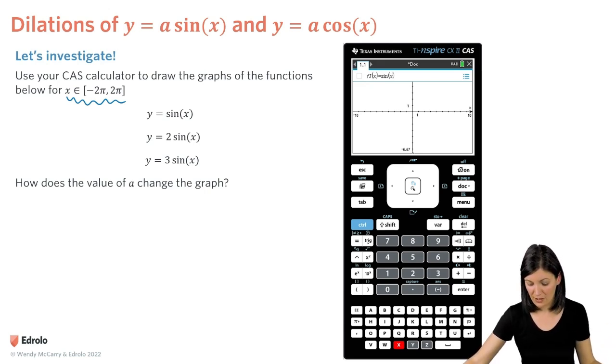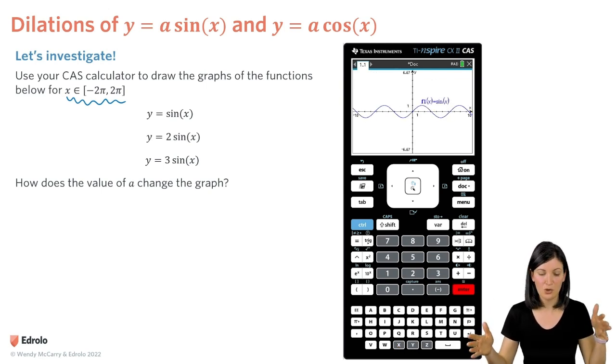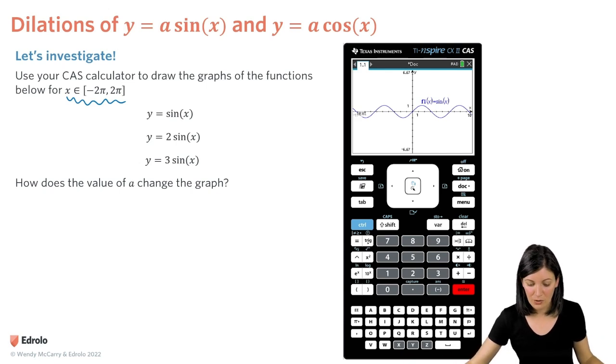Now, if I just press enter, the calculator is just going to give it to me between negative 10 and 10, which is sort of the standard domain that the CAS calculator gives. But a really easy way to change that is to just double click. Do you see where it says negative 10 here? I'm hovering. If I double click that, it highlights it. I'm going to delete the negative 10, and I wanted to go